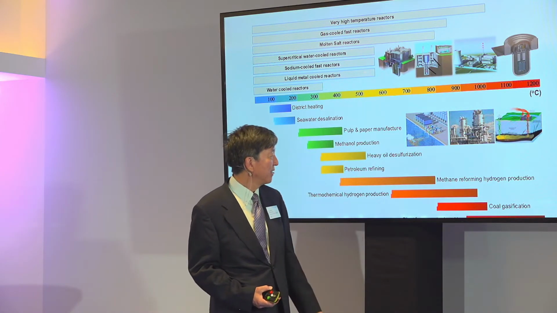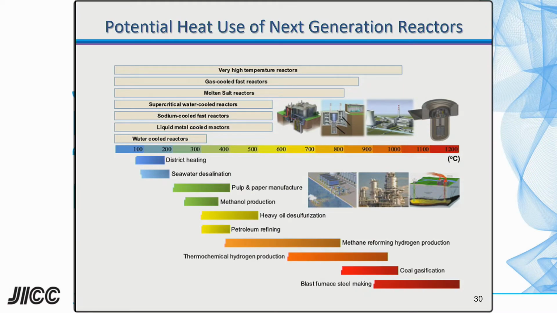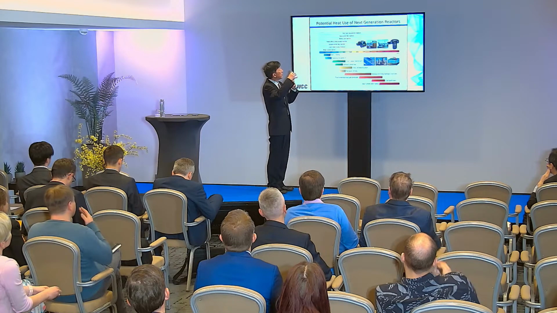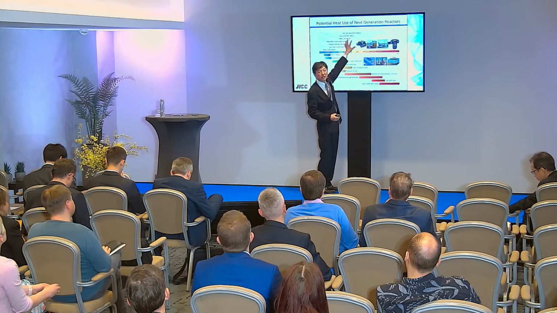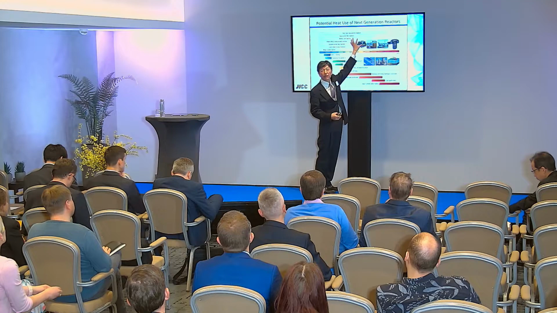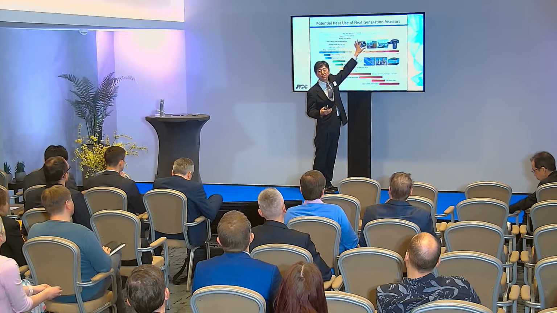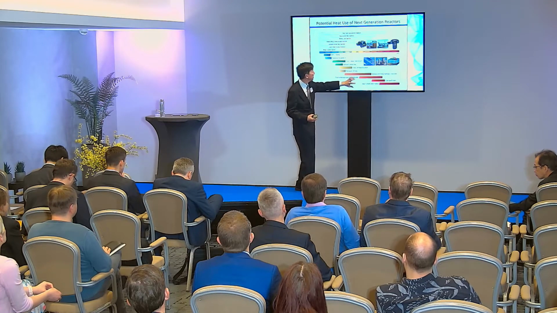This is a furnace for iron production at the higher temperature. Yes, blast furnace steel making, right? But for this process, we need 1000 degrees C. The current light water reactor system can never achieve this level. So our interest is the transfer of the nuclear system experience of the light water reactor to a next generation reactor. And if these reactors are available worldwide, we can apply the nuclear system in hydrogen generation, steel making, and